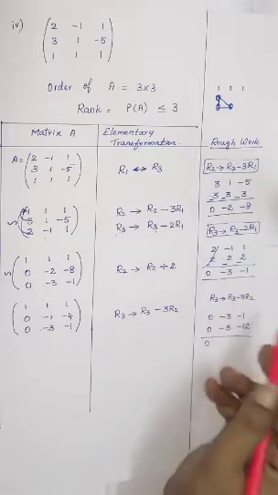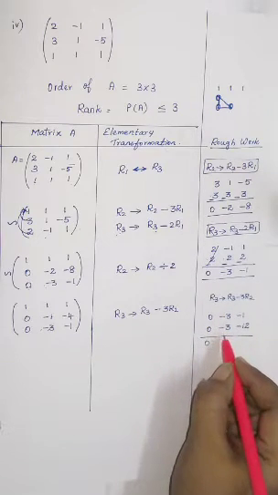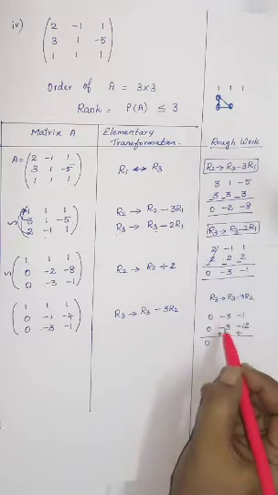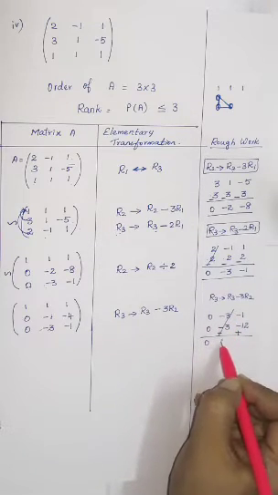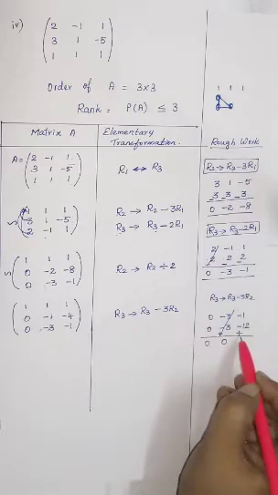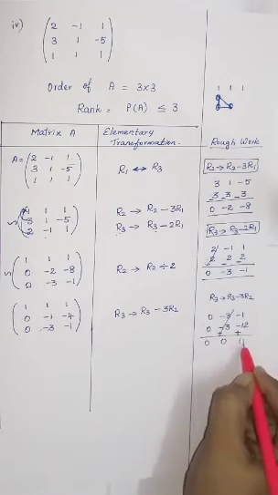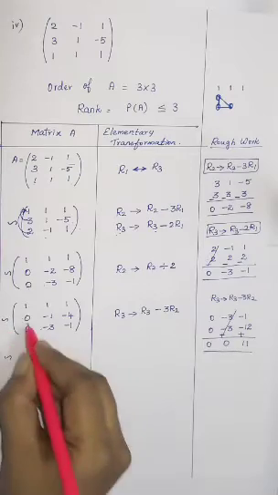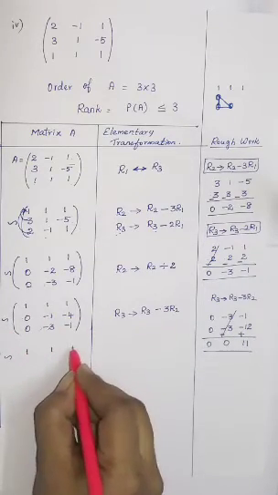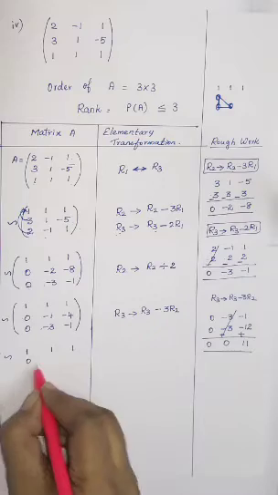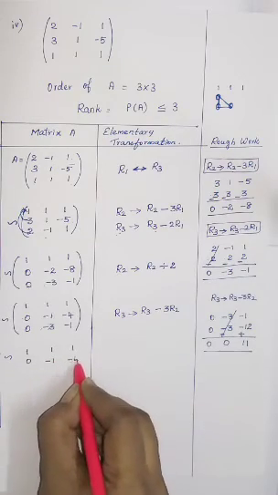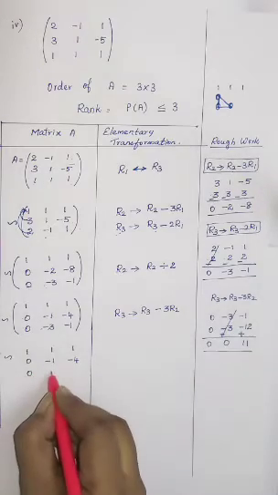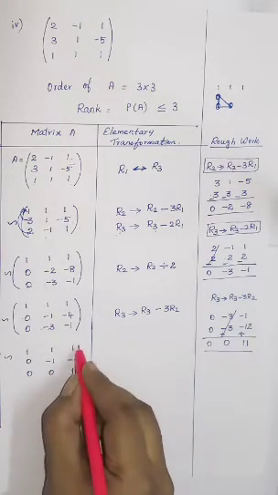So since we have got minus, you can change the symbol. Okay. So since minus is there, you can give plus. Again minus is there, give plus. Now minus 3 and plus 3 will go. You will get 0 over here. Minus 1 and plus 12 is there. So you will have 11. Now again you will have to write the same thing. First row is same 1, 1, 1. Second row is also same 0, minus 1, minus 4. And your third row answer only we have got it here. So 0, 0 and 11.